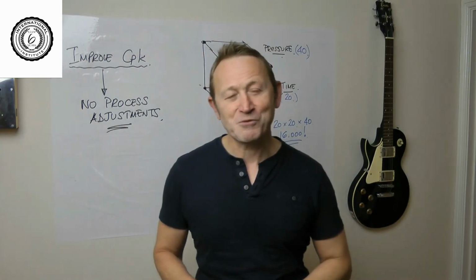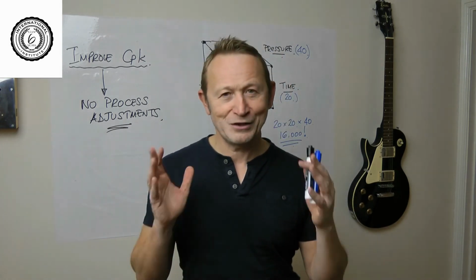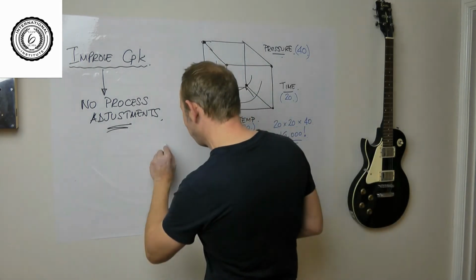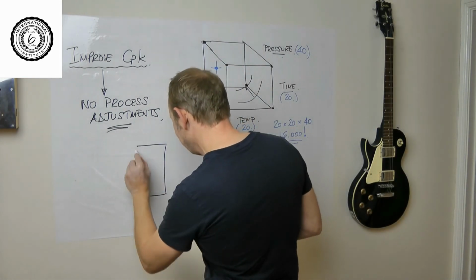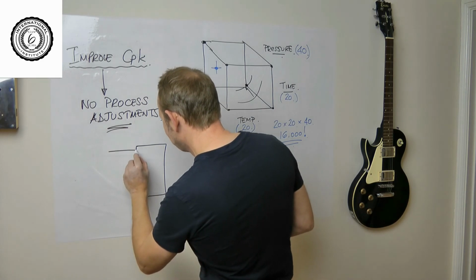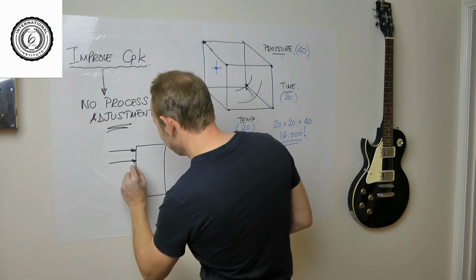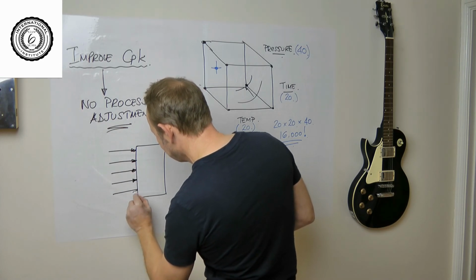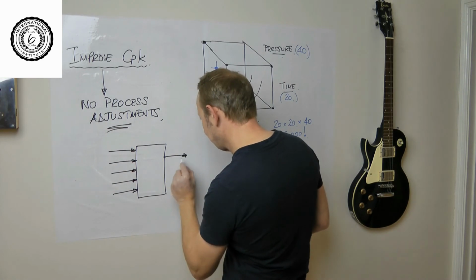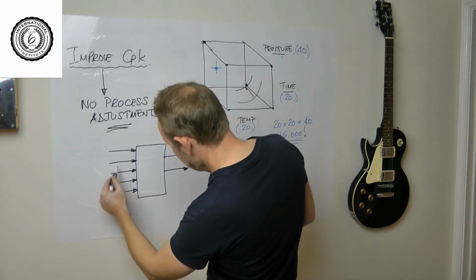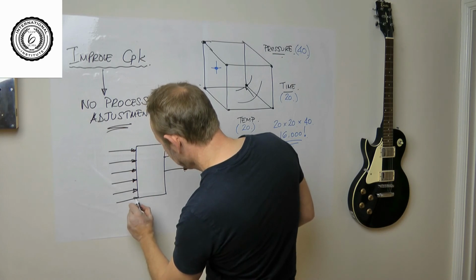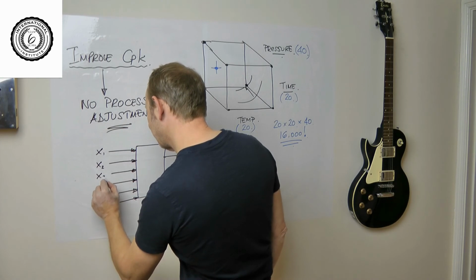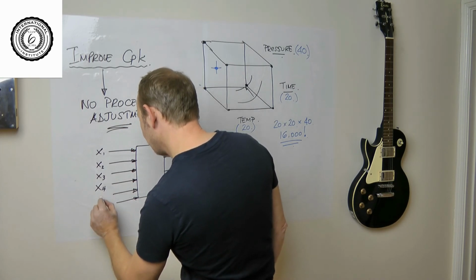Now that is why you don't want people playing with the dials. What you want to do, I've drawn this picture enough times by now, the input-output diagram. You need to take the variables. They're not always dials on the process, by the way. How many are we? 1, 2, 3, 4, 5. Put the 6th one in. Yeah, so variable 1, variable 2, etc. What you need to do